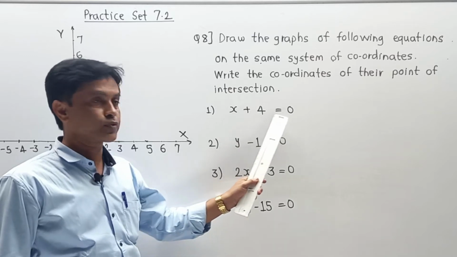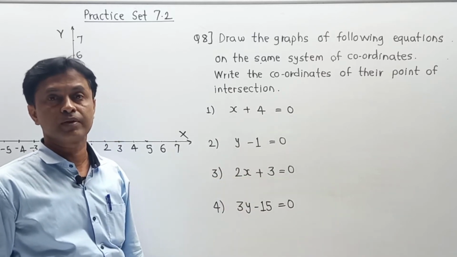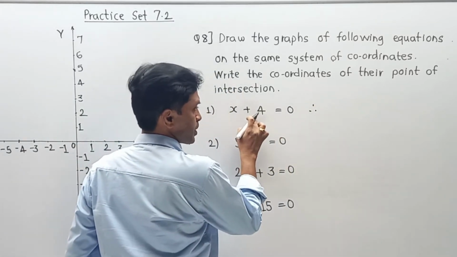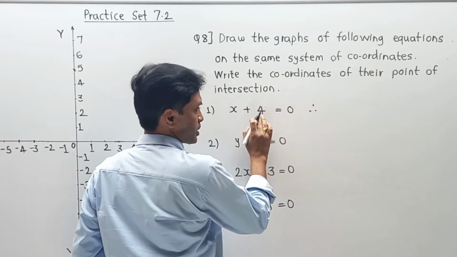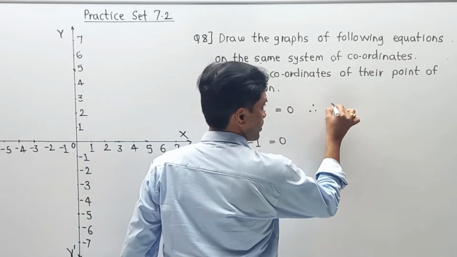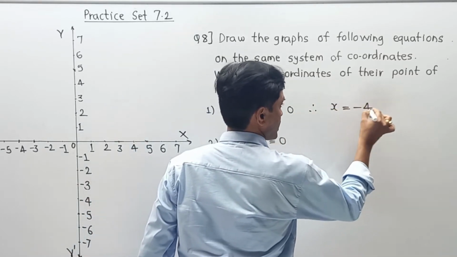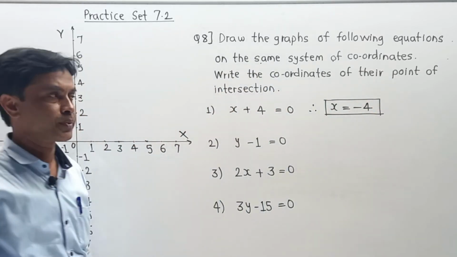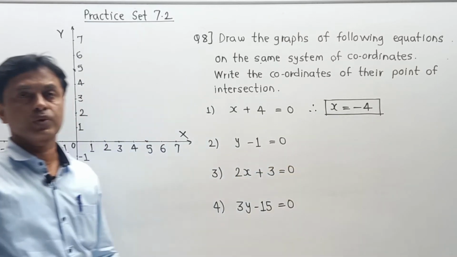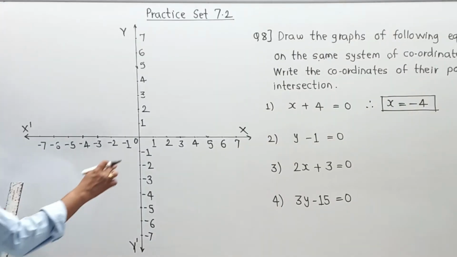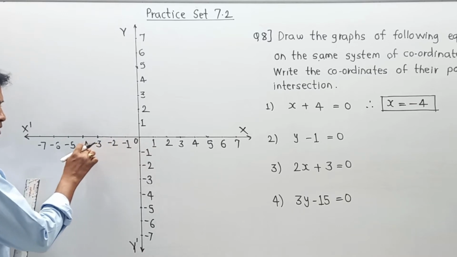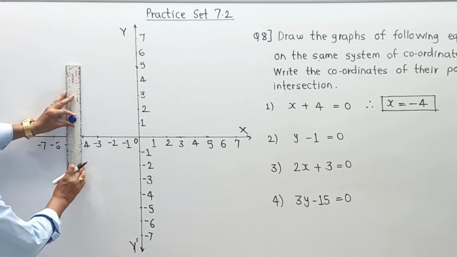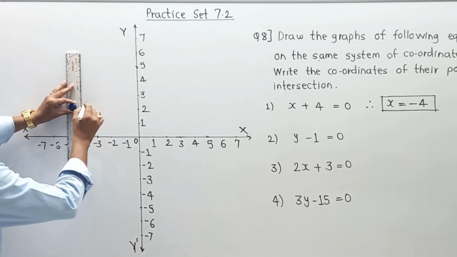First is x plus 4 equal to 0. This is nothing but the given equation of a line. I am going to modify it and write it in standard form. X plus 4 equal to 0 means shifting plus 4 to the other side, it becomes x is equal to minus 4. This is the first equation of a line that we have to solve over here. Now x is equal to minus 4. So minus 1, minus 2, minus 3, minus 4, because this is an x coordinate line. So here this line is tentatively like this.